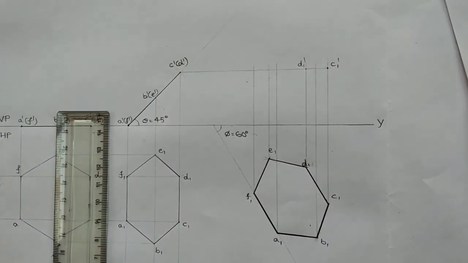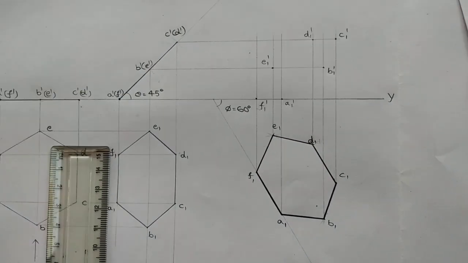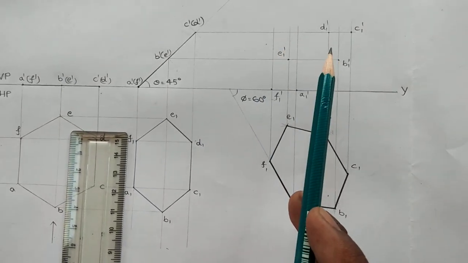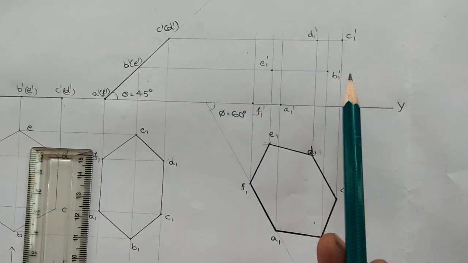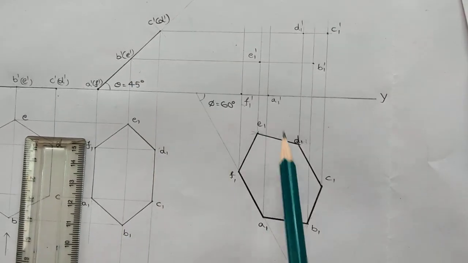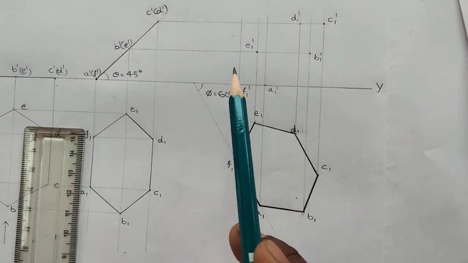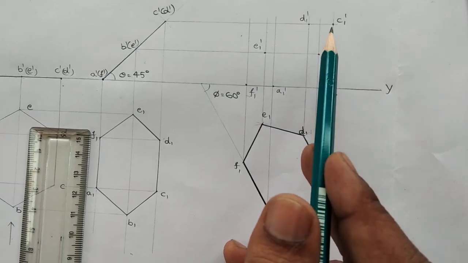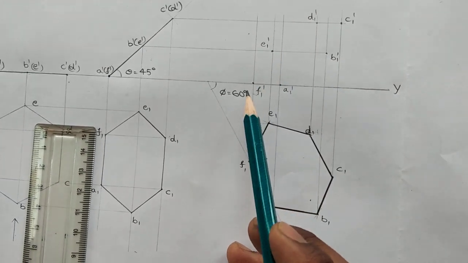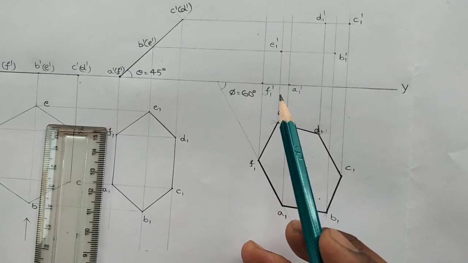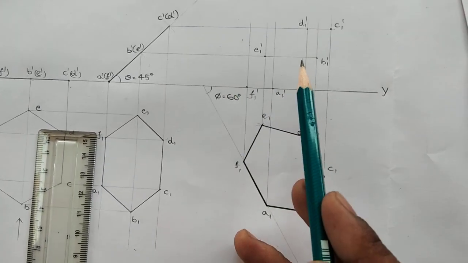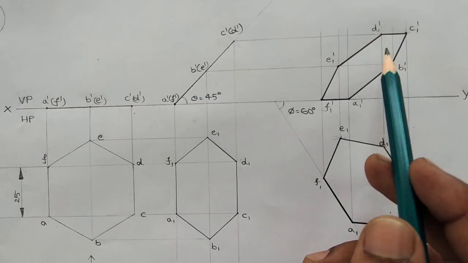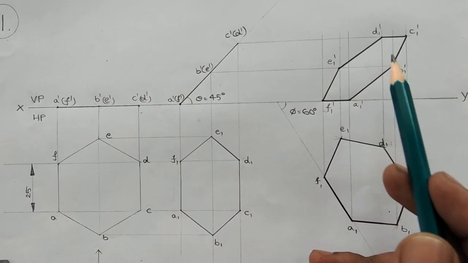Similarly I am going to construct the remaining locus lines. Yes, in this way we can mark the points after the locus and projector intersection points have been completed. So at the projector line and locus line intersection points, here we have A dash, A1 dash, B1 dash, C1 dash, D1 dash, E1 dash and F1 dash. In this way we will be getting the points. Then finally join all the points in the correct sequence with HB pencil.